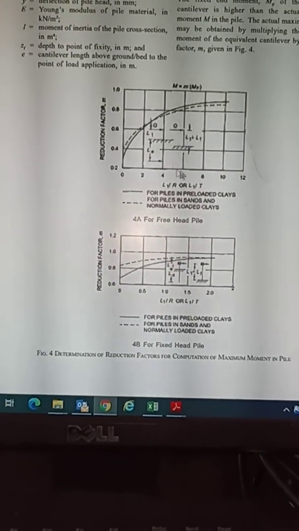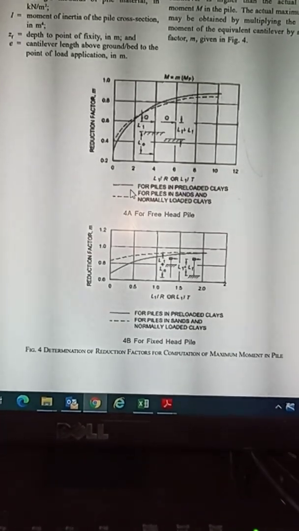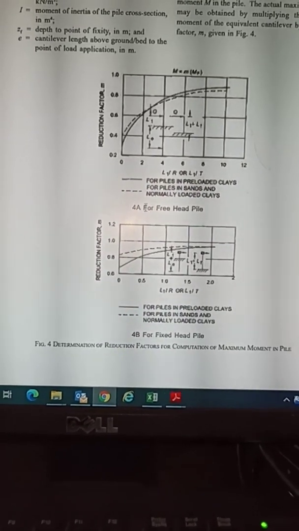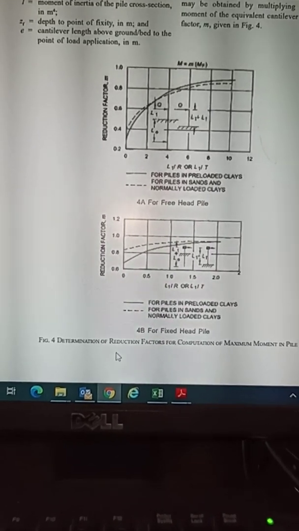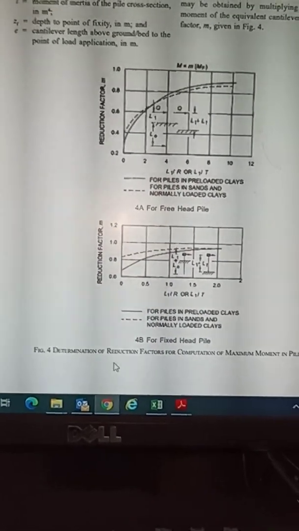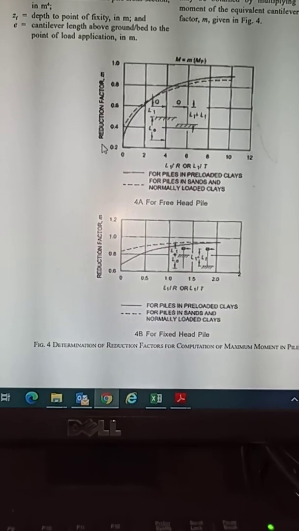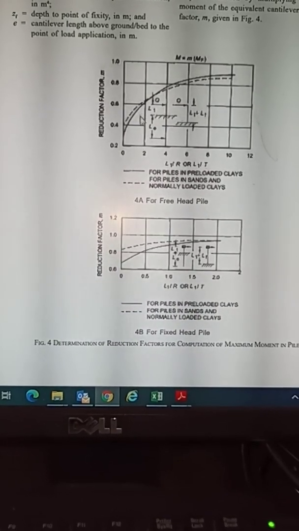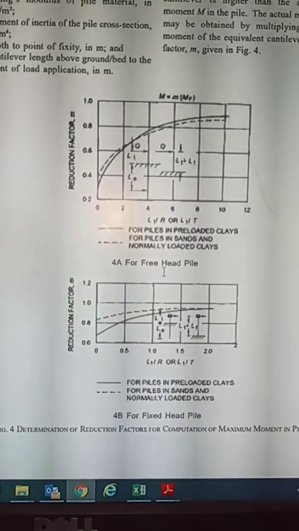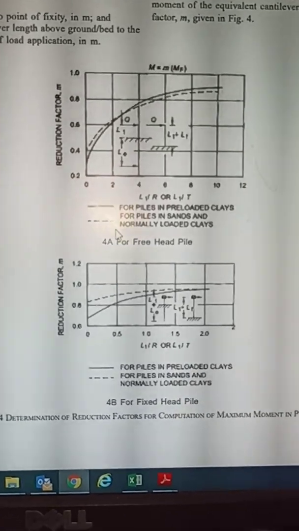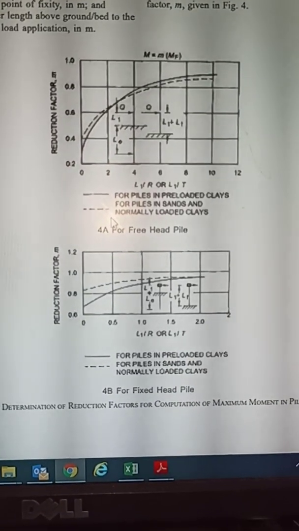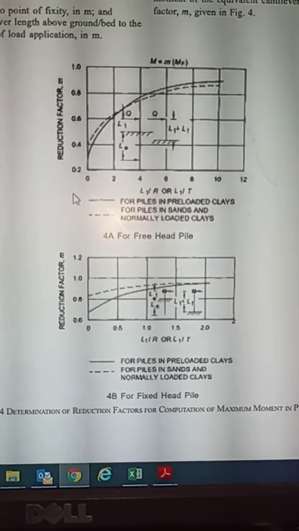As you can see here on the screen in the code, for calculating the reduction factor we will use figures 4a and 4b given in IS 2911. First we will calculate the reduction factor for the free head case. Let me zoom a bit. Our assumed condition is for piles in sands and normally loaded clays, which is this dashed line.